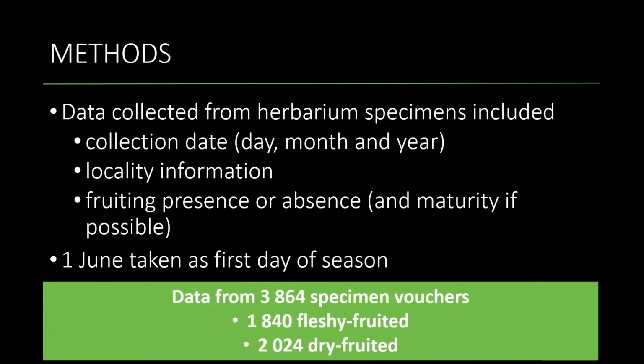So for each herbarium specimen that we considered, we needed to have the collection date, so day, month, and year. We had accurate or fairly accurate locality information, and then we scored fruiting presence and absence, and if possible, maturity, but that wasn't always possible. And then because phenology data is not linear data, but circular data, we use the 1st of June as the first day of the season. I'm not going to go into reasons for that, but if you're interested, you can ask me. So we examined 3,864 specimens, of which about half were fleshy and the other half were